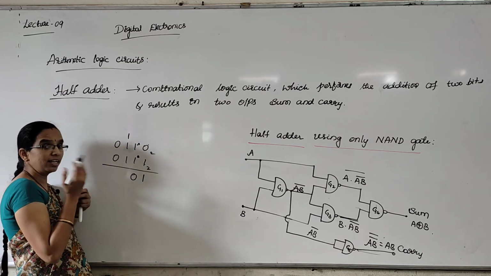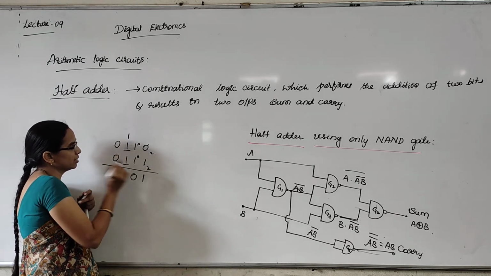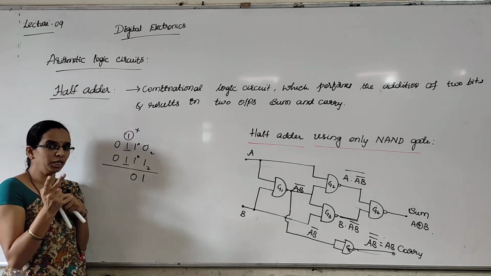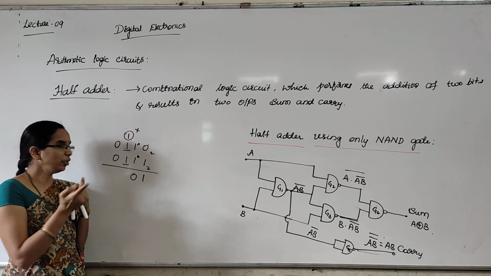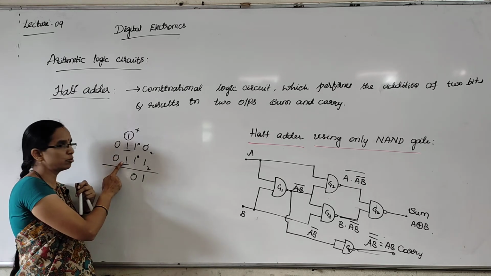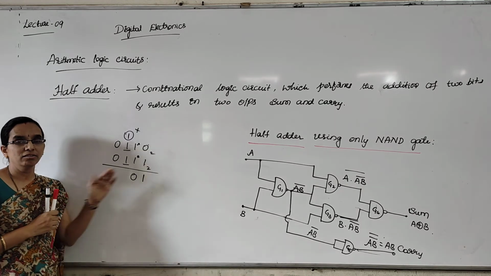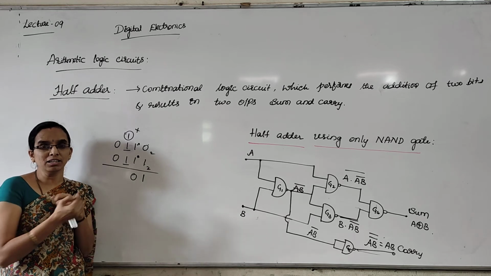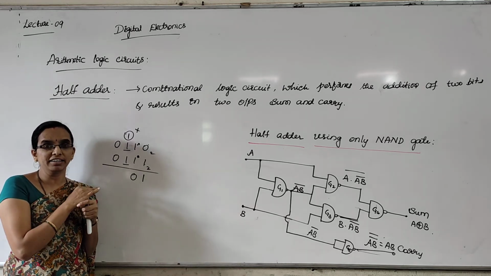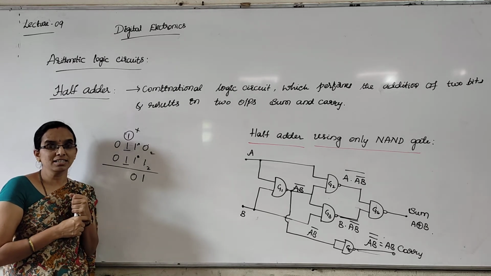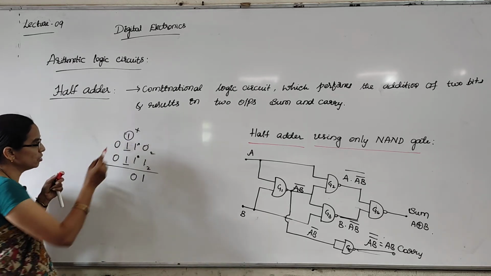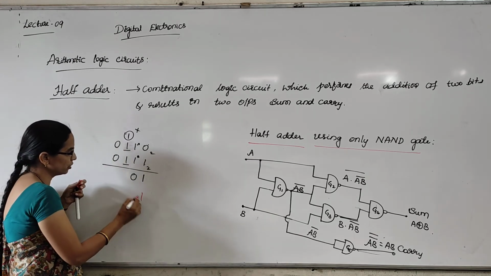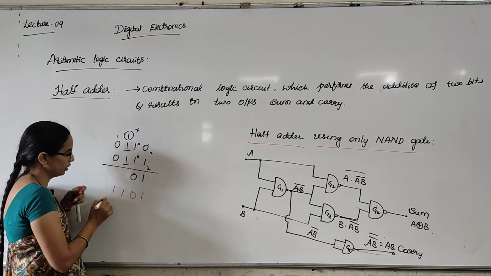Right? But in the next addition it will take this as A, this as B, and it will leave this because there are only 2 inputs in half adder. Only 2 inputs, these two will be considered as inputs and it will not consider this carry for the next bit. That means the carry generated by the lower significant bits will not get added in half adder. That is the main disadvantage. Here also, we should actually get 1 1. This should be our answer.